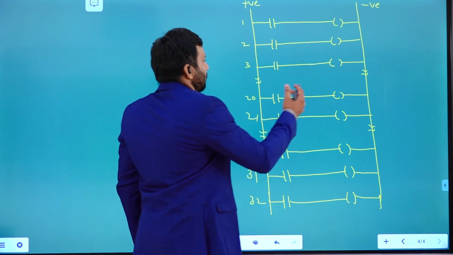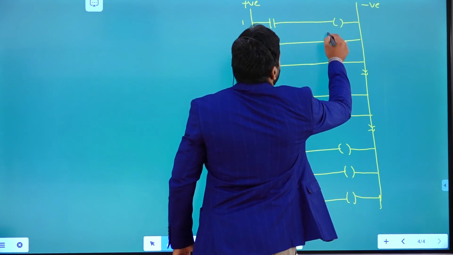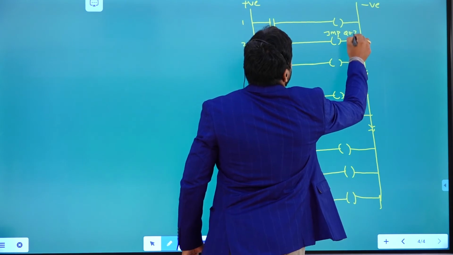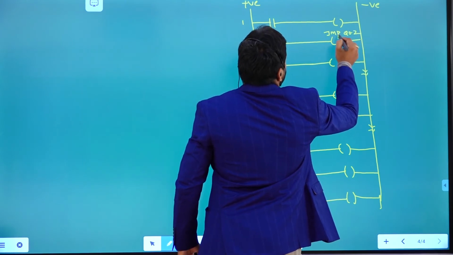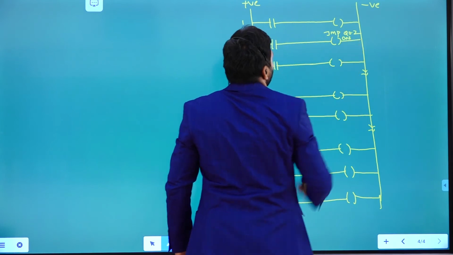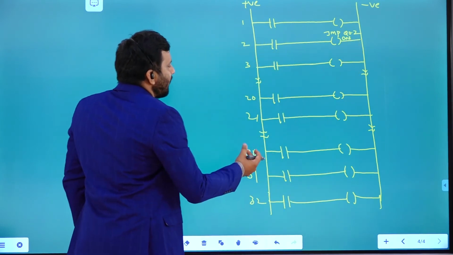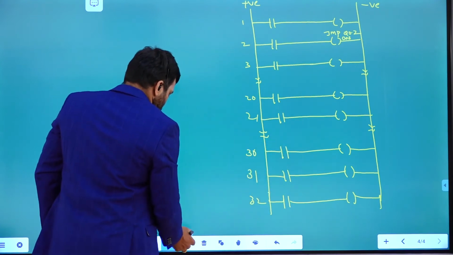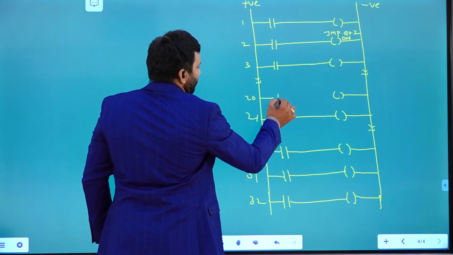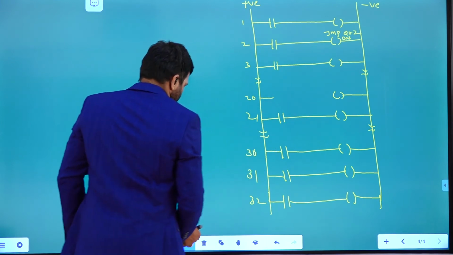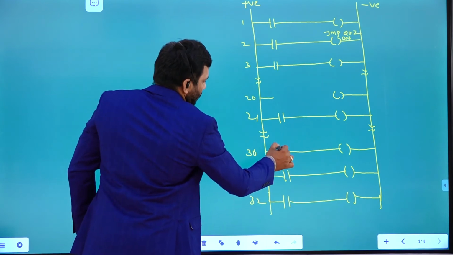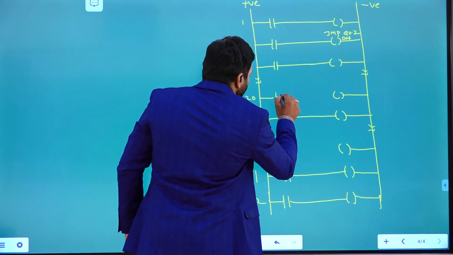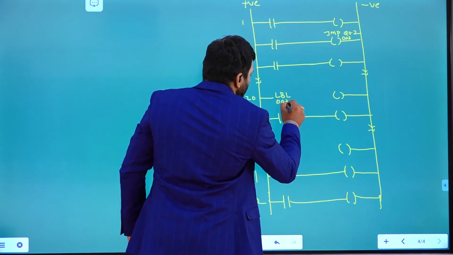Somewhere here you can write a jump, maybe with address 002, and somewhere you can write a label, address 003. In a similar way here also, label LBL 003.